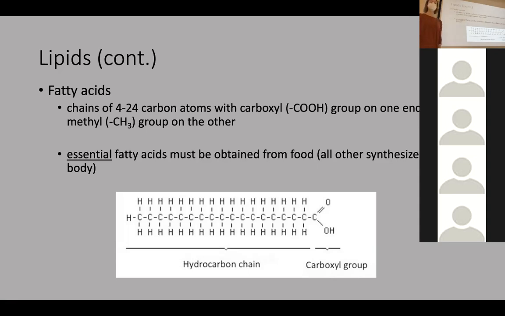There are essential and then non-essential fatty acids. I'm not going to ask you to know which ones they are, but essential fatty acids have to be eaten in our diet. We can't make them. All the others we can make from other molecules in our body. We cannot make the essential fatty acids. Okay. That's really all I'm going to talk about with fatty acids. They'll come into play with triglycerides on the next slide as well. But they can be on their own or they can be part of a triglyceride.